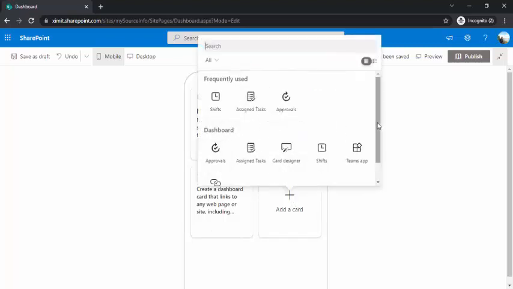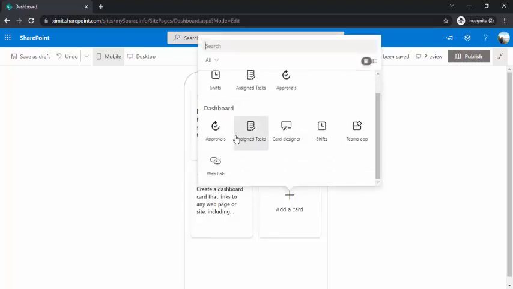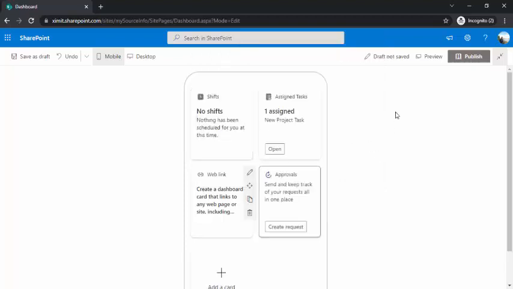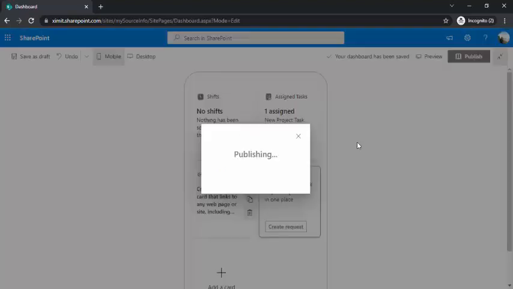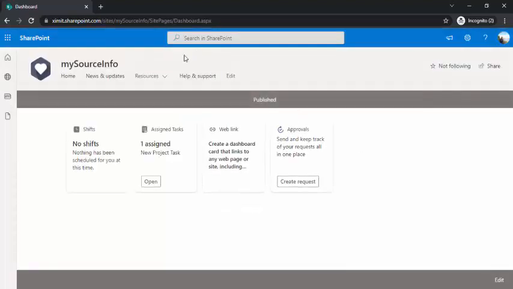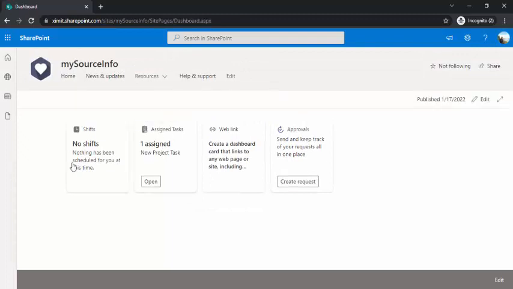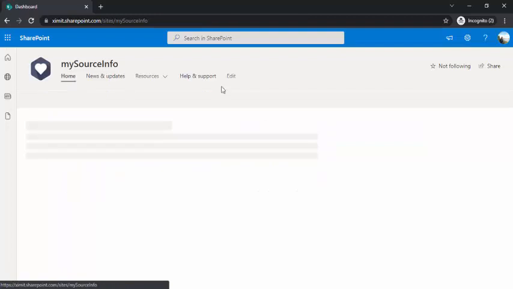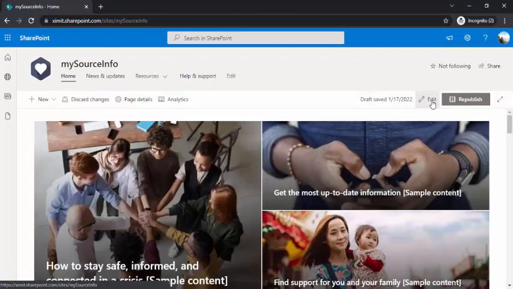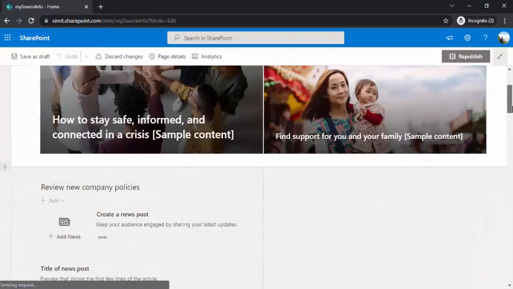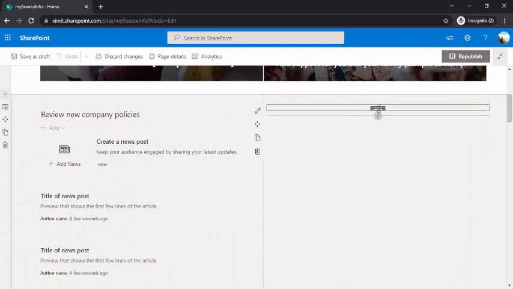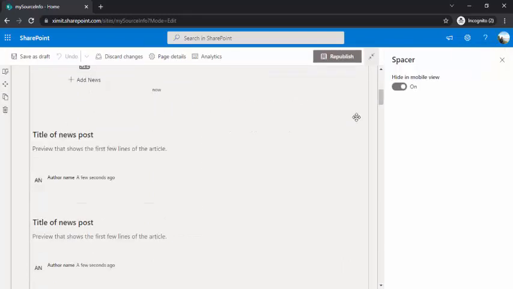And other than that, you can have many other types of dashboards, approvals. All your approvals will be listed over here. You can include that. So once you publish it, this page would start having a source for your dashboard web parts. So I can just go back to my home page and edit this page again, and the space which we just created for our web part,